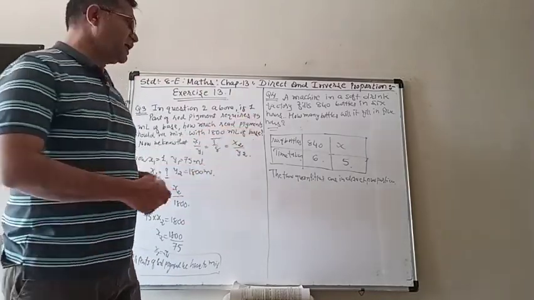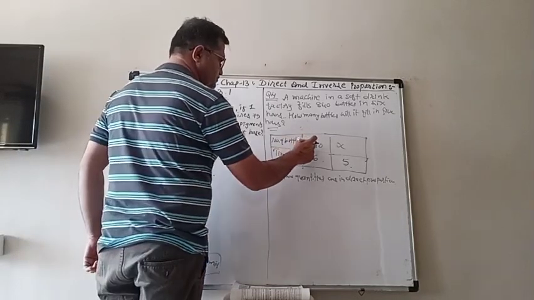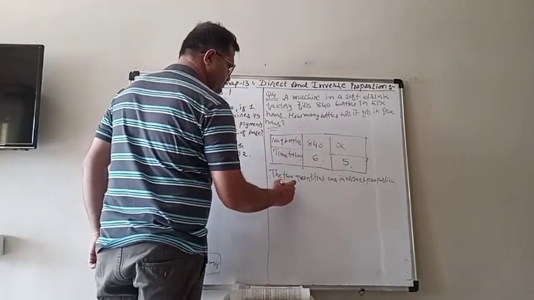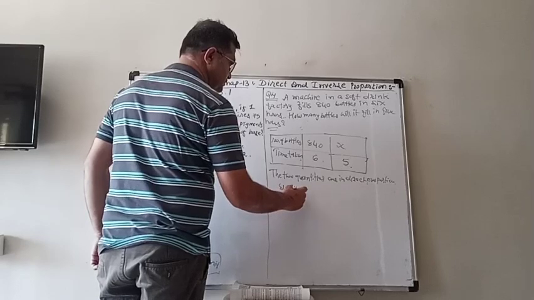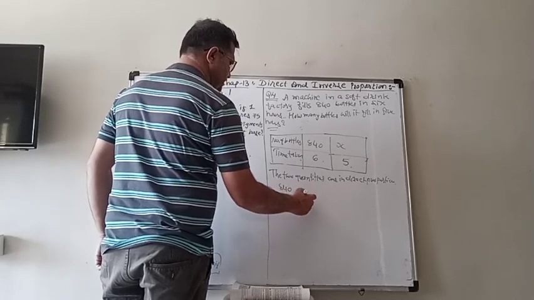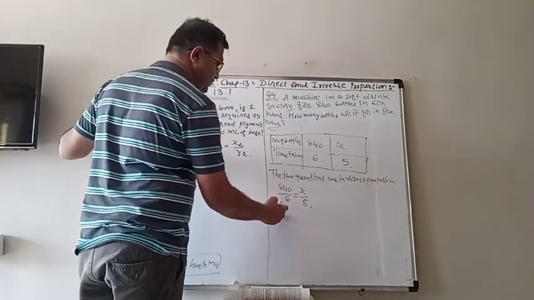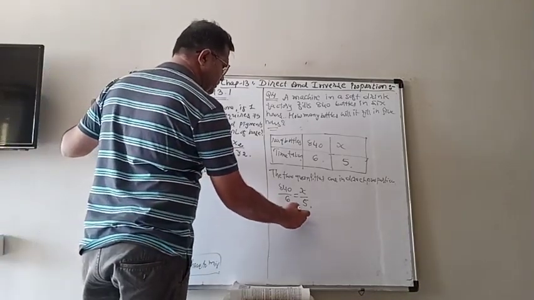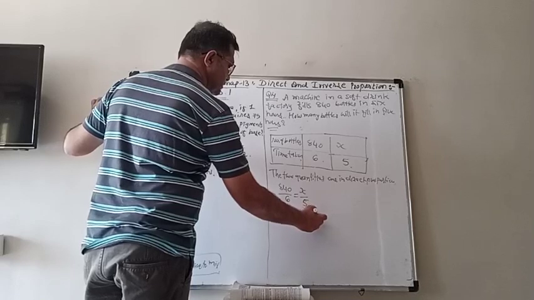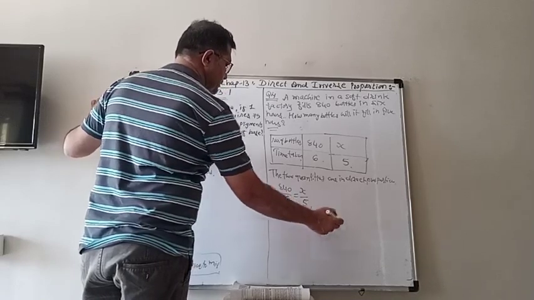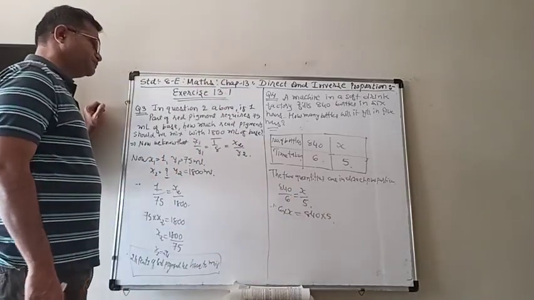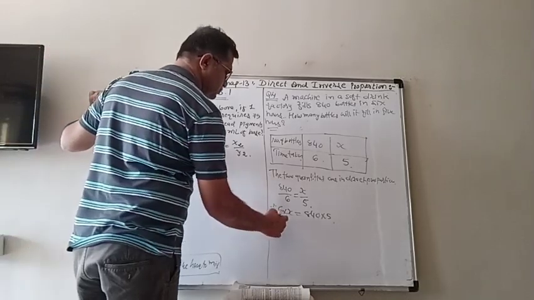So it is in direct proportion. So we can write down 840 upon 6 equals x upon 5. So doing the cross multiplication, 6 multiplied by x is 840 multiplied by 5. So x is equal to